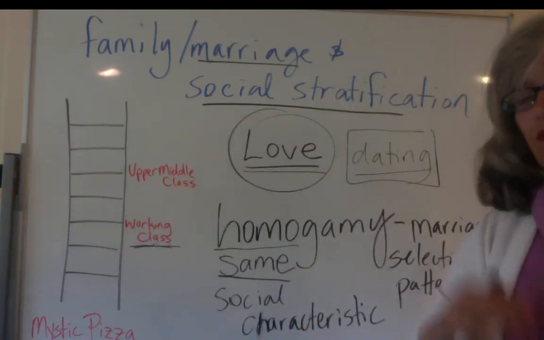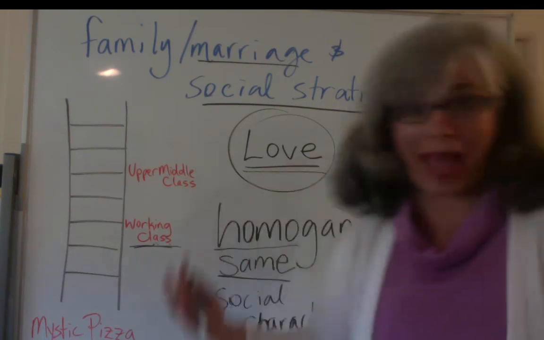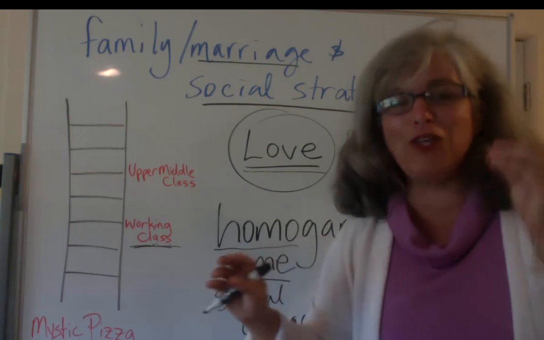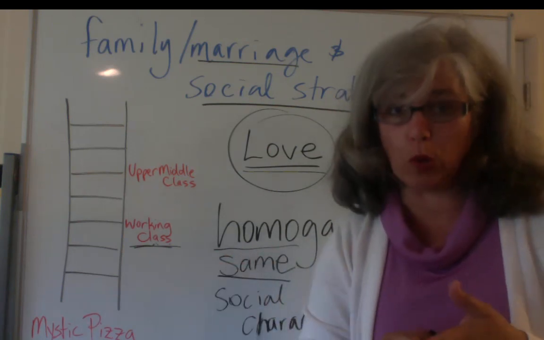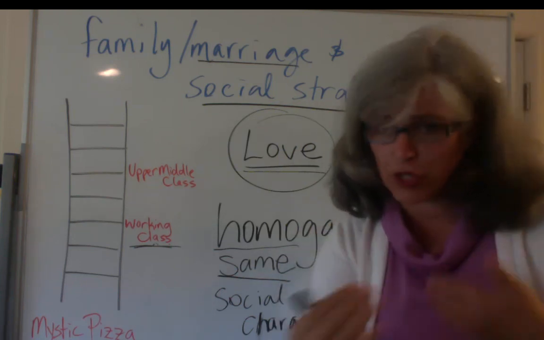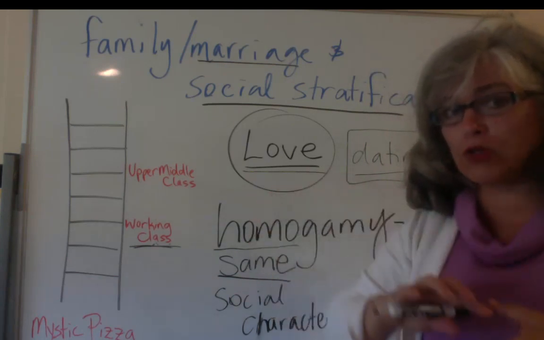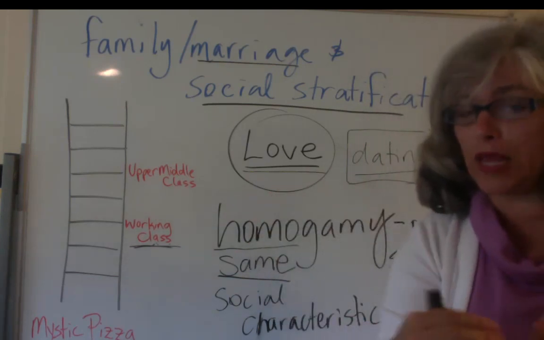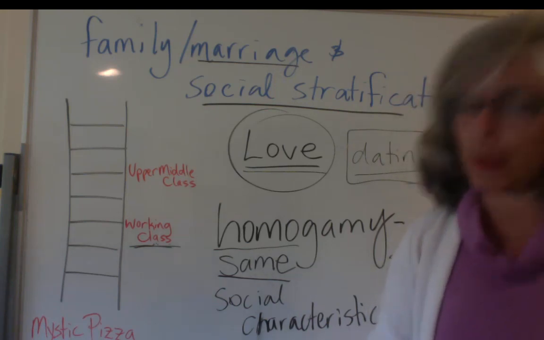It's very, very unusual for someone to become Bill Gates, for instance. That's why you know his name when I say it, because he's an exception to the rule. There are exceptions to the rule, but do we want exceptions to the rule when we're learning about social structure and the macro scale norms that affect you and me on a micro scale? No, we don't want to talk about exceptions to the rules.